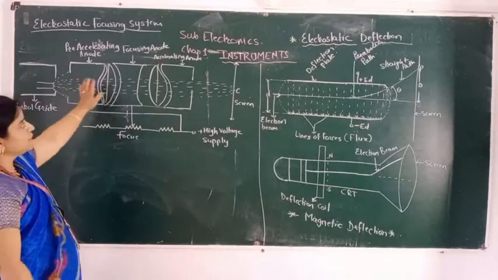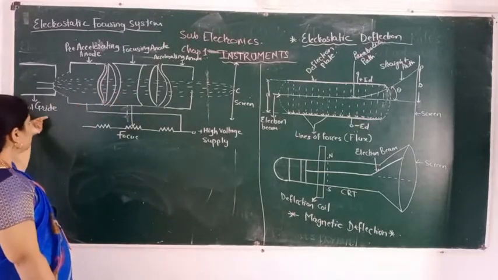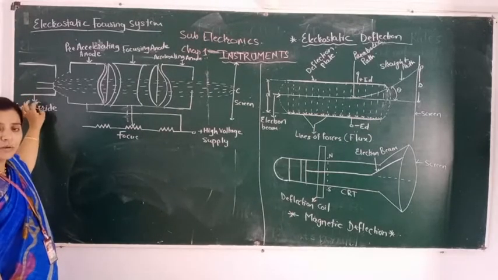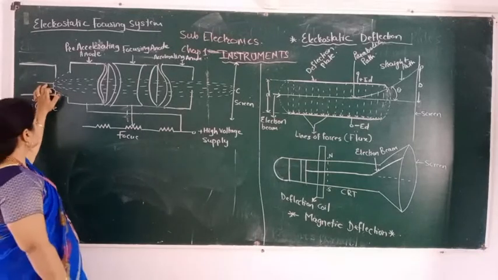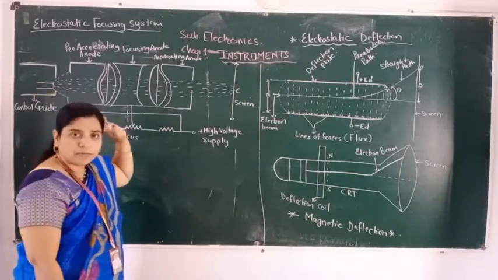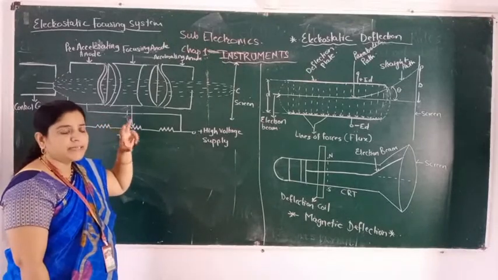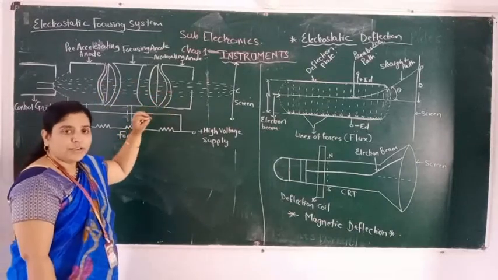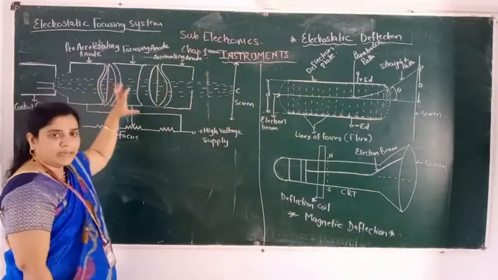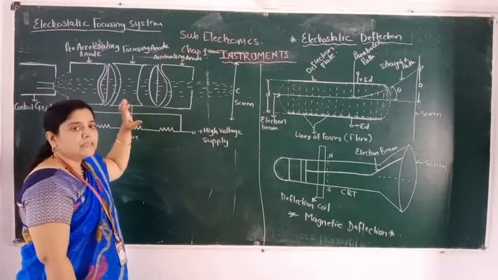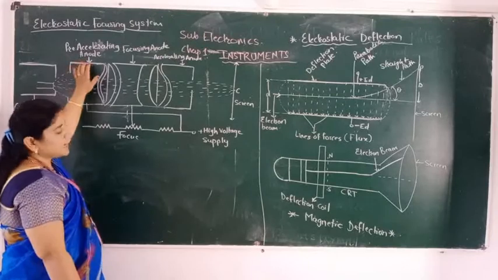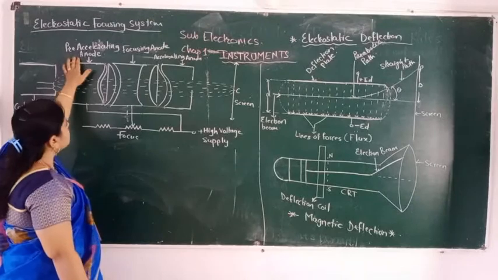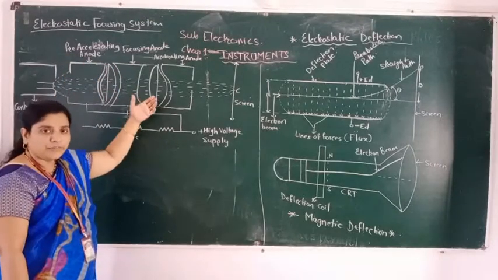In the electrostatic focusing system, there is a control grid. Here is a grid. Why is the grid used? Yes, the control grid has the heater. If the supply is given to the pins, what happens? The heater will heat and it emits electrons, and those electrons will flow in this direction. The flow of electrons should not be random. Its movement should not be random. Therefore, accelerating anodes and focusing anodes were there. Okay. So how the pre-accelerating anode and focusing anode work, we will see.